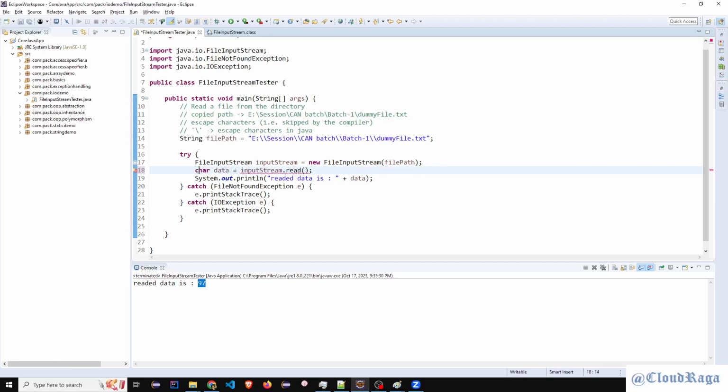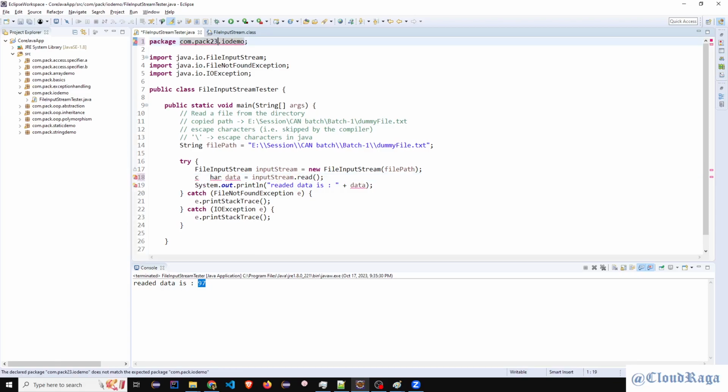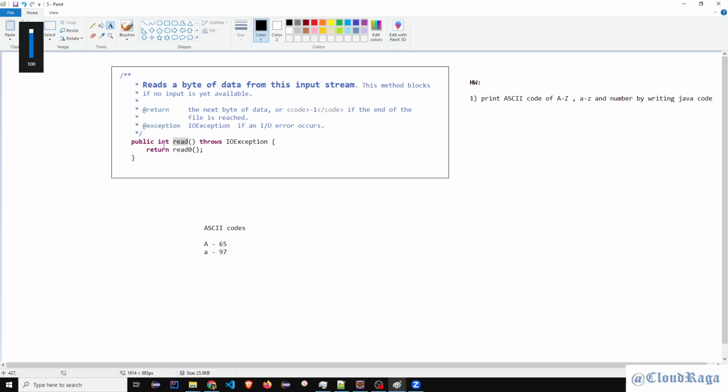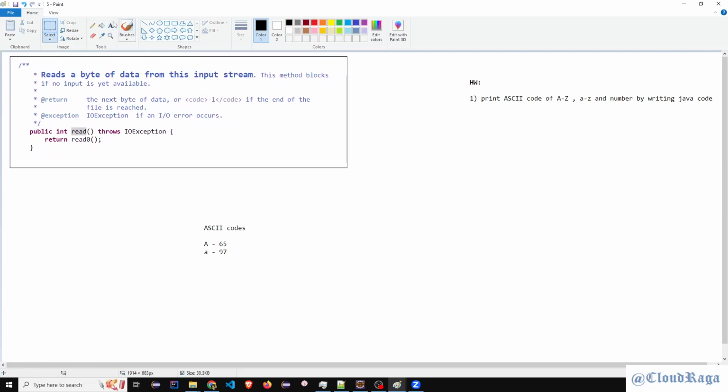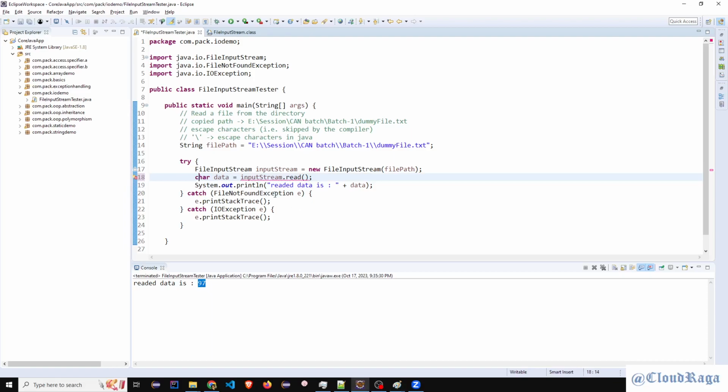No, but it'll give me an error, because read returns an integer, that's why I copied that method. Read returns an int value, so how can you store it in a char type? It's not possible. But we can do typecasting. Yes, sir, we can do typecasting.